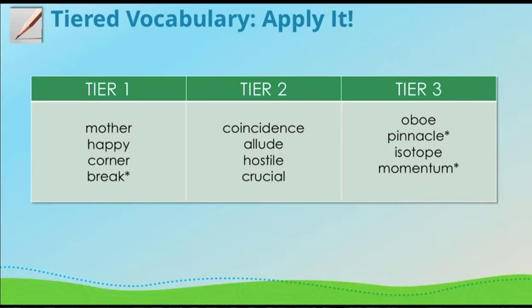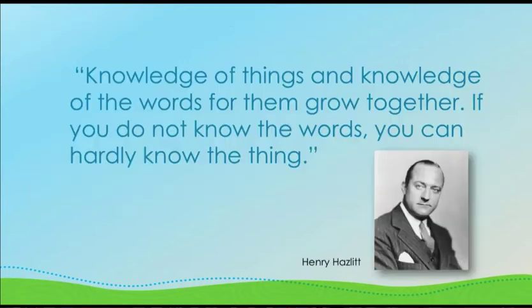And then we heard all of these: coincidence, allude, hostile, and crucial in the tier 2 category, and that's exactly right. And then over in the tier 3, definitely oboe and isotope are those domain-specific words. But we also have pinnacle and momentum, and again, those could flow between tier 2 or tier 3, depending on the context. So you'd really want to focus your instruction in this example on those tier 2 words,